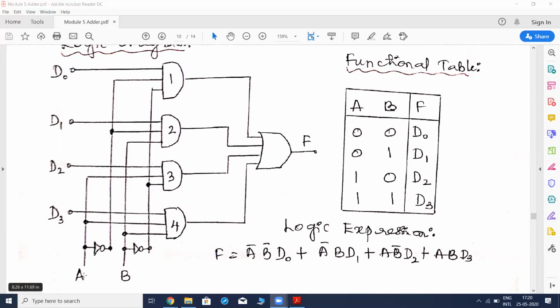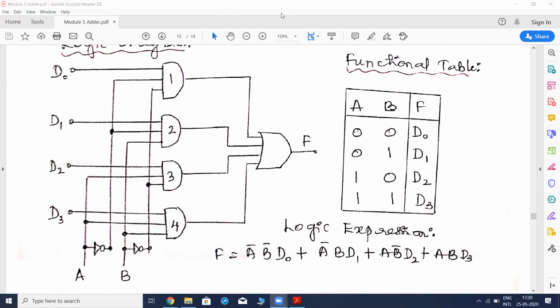So the select lines are given like this. We have A, which is called the most significant bit. Here we have the functional table with 2 bits. As you all know, we'll get 4 different combinations: 00, 01, 10, 11. So for D0, what do we need to give? 0, 0. That means A is 0, B is also 0. That means we need to connect A complement over here. Okay, so that is how we give the input.